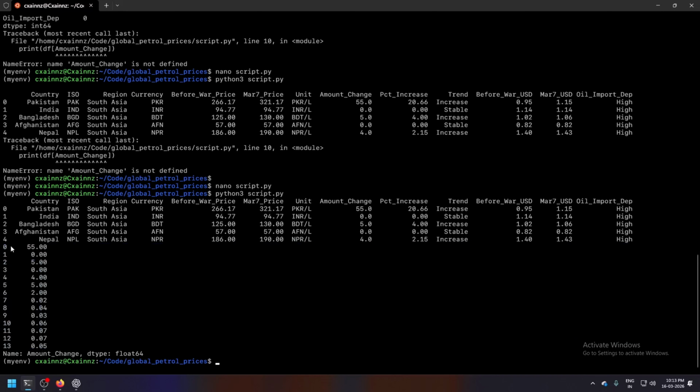Now I have to print two things, the country as well as the amount change.